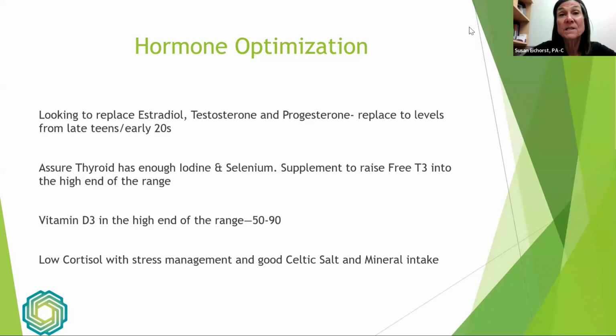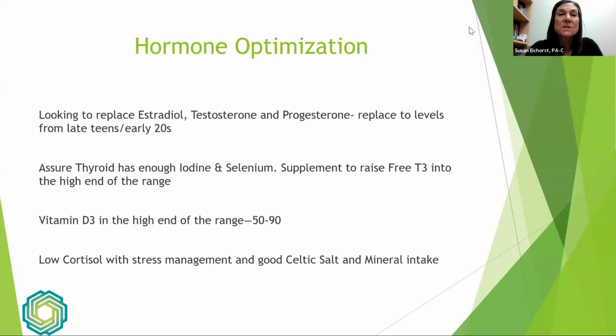A lot of argument against this. Hey, you're 60 something now. Why do you need the level of a 20-year-old? Because that's when we were healthiest. And we probably need the healthiest push when we're in our 60s and 70s than when we're in our 20s and our bodies are doing all that work for us. So we really want these levels optimized to where we were in our youth, not to make them more normalized for our age.